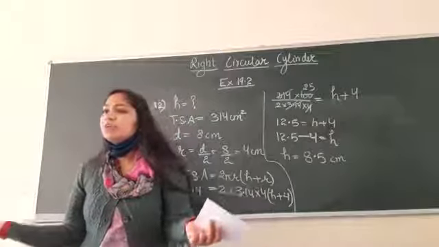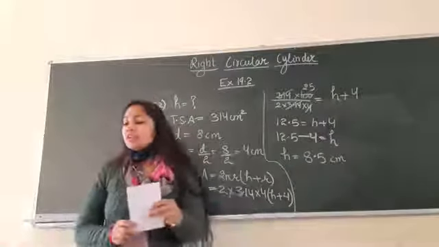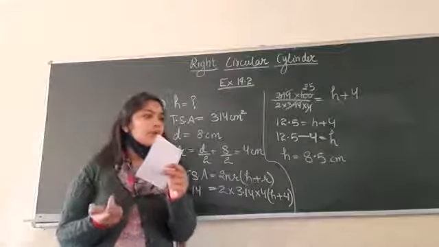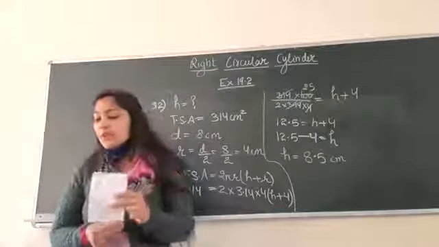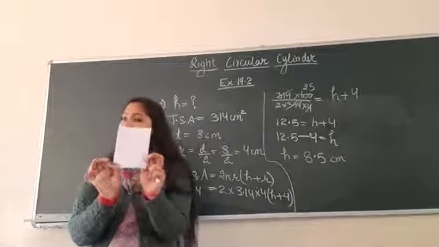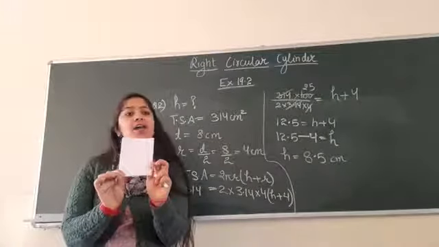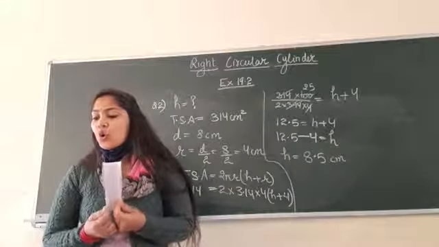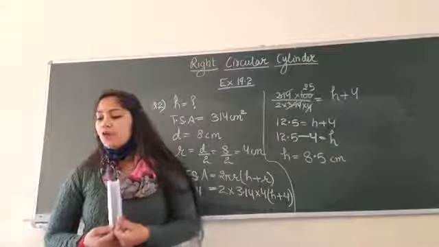Everybody's book says 22? Yes, ma'am. So the dimensions are 22 and 14. Other number is 14, right? Yes. Okay. So 14 centimeter. So you have this rectangular piece whose dimensions are given to you, length and breadth are given to you. They are saying that it is rolled along the breadth to form a cylinder.